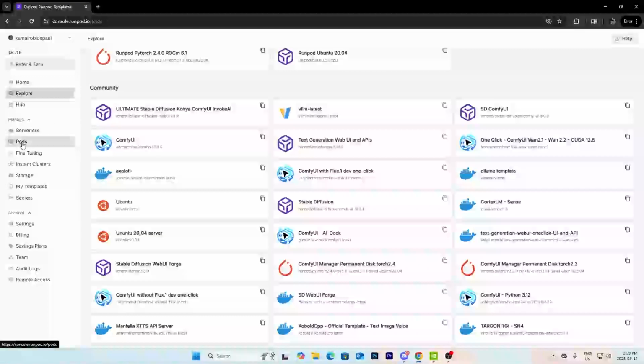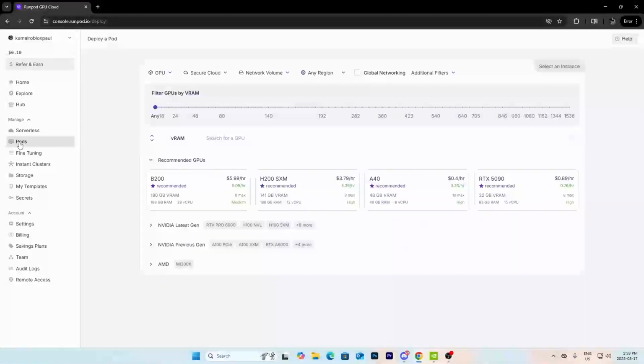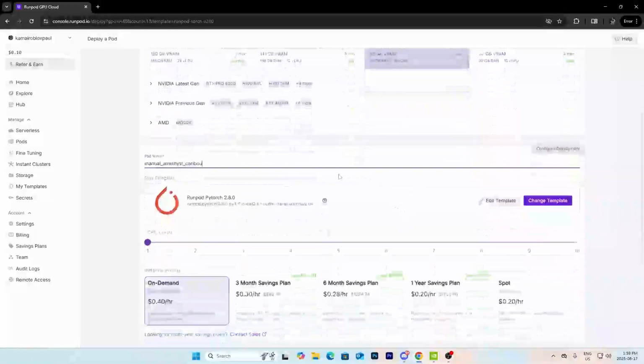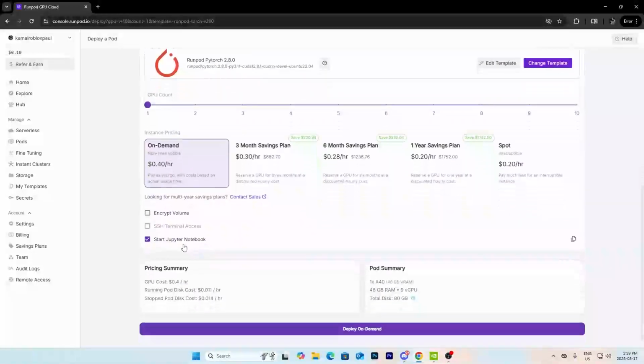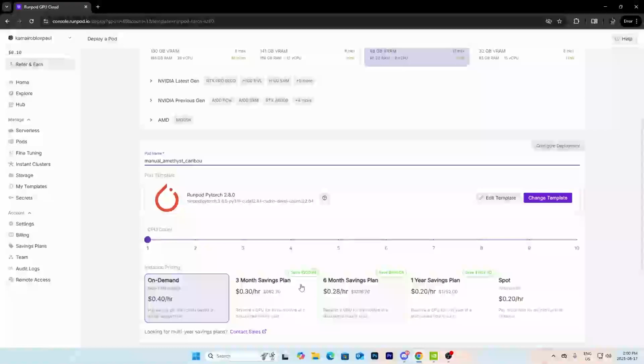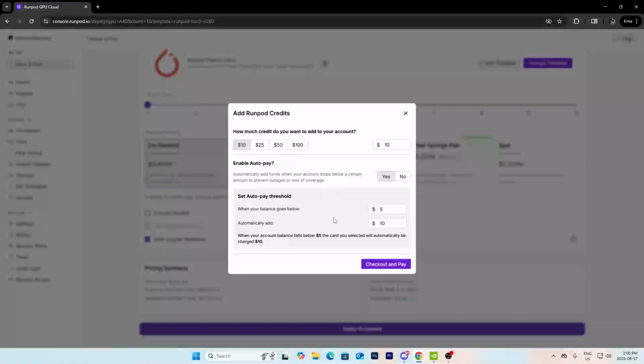So the way you rent a runpod is you go to pods right here, and you pick a GPU. Honestly, I say this is the best one. Gives you 48 gigabytes of RAM, 40 cents an hour. This is dirt cheap. Next, you're gonna wanna press deploy on command, and you